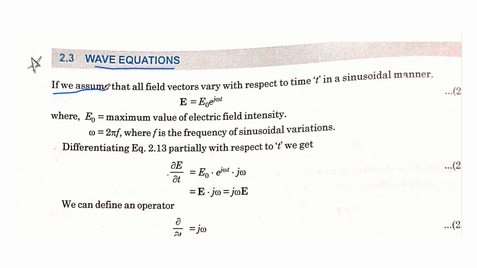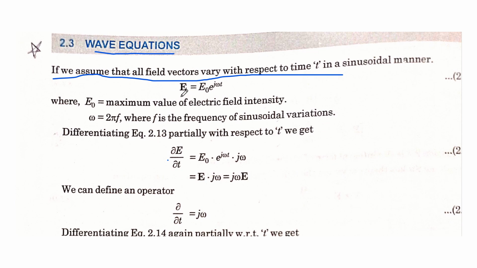Let's see here, if we assume that all field vectors vary with respect to time t. Now I consider an electric field E, capital E, which is varying with respect to time, that is E naught into e power j omega t. I consider this as the electric field vector. Capital E is equal to E naught into e power j omega t. Here E naught represents the magnitude of the electric field, and e power j omega t is the exponential term,